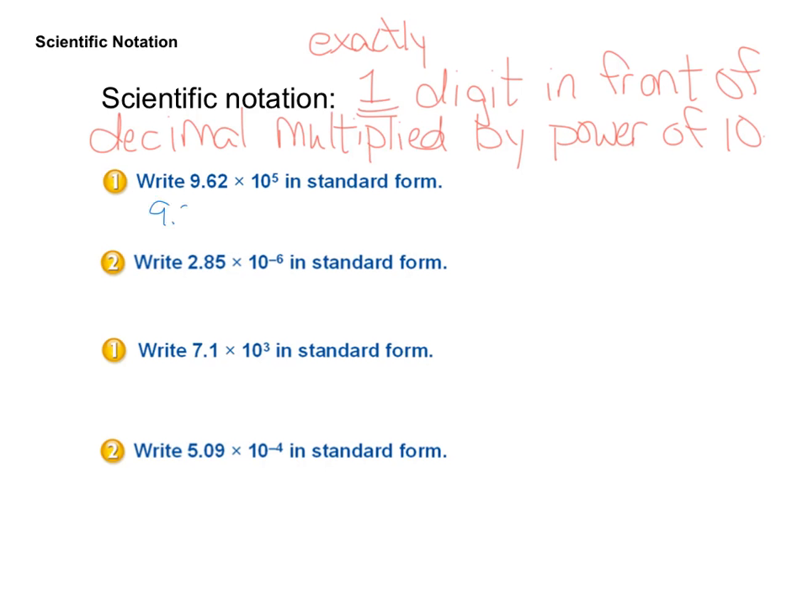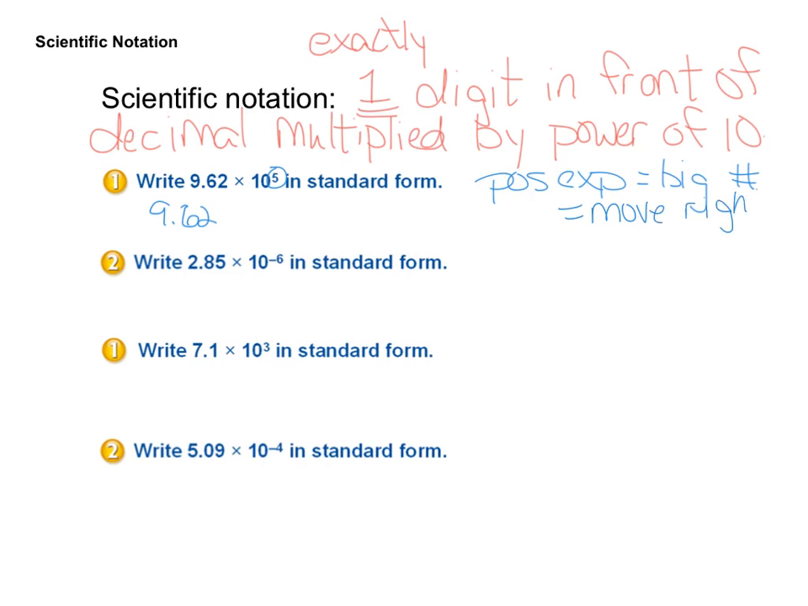So we write the 9.62. We're multiplying by a positive 5, so a positive exponent is going to mean a big number. A positive exponent is a big number. If we're multiplying this by a 1 with 5 zeros, which is 100,000, this is going to get bigger, right? And you're going to move the decimal that many times. So this is going to go to the right